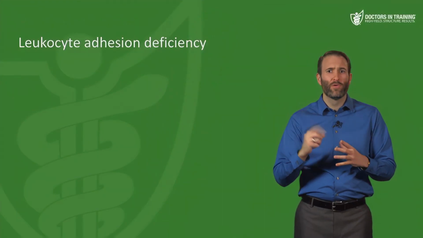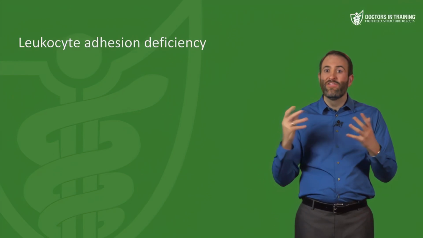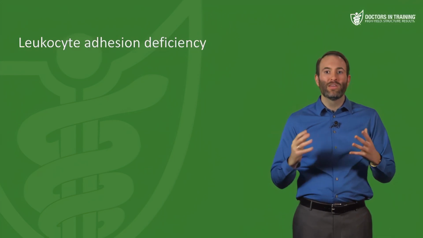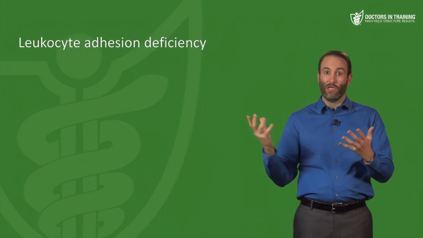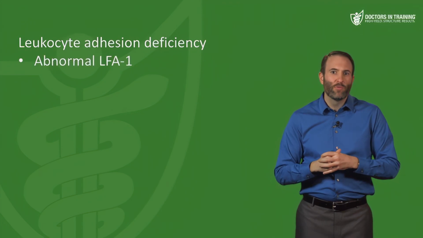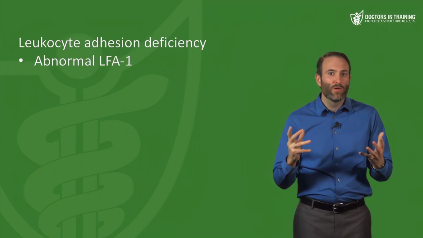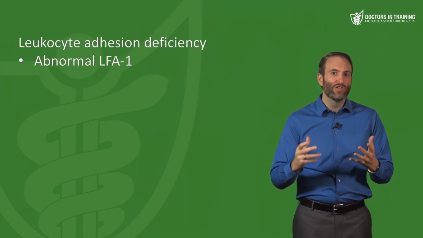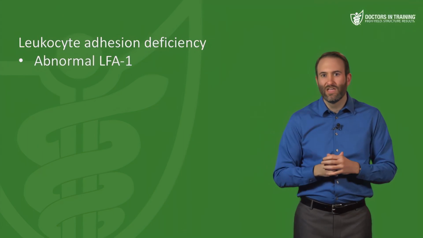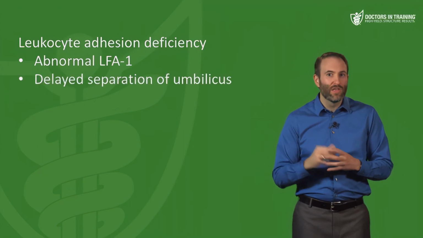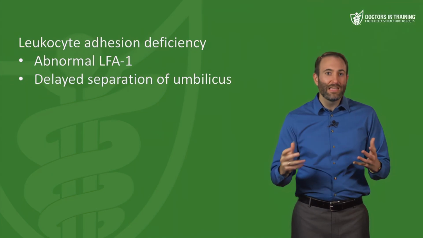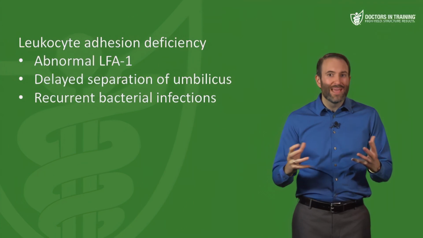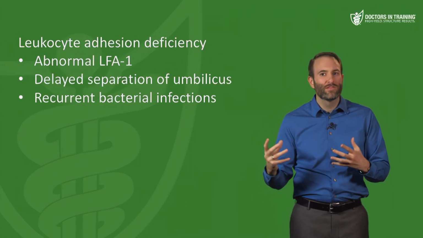Now the last point I'm going to throw in here is that there's an immunodeficiency disorder called leukocyte adhesion deficiency. Now from the name you can probably tell that this is a problem relating to leukocyte adhesion. Specifically, you have abnormal LFA1, so that integrin molecule, and this affects the tight binding step. Now we'll cover this again in immunology, but the classic presentation of leukocyte adhesion deficiency is delayed separation of the umbilicus in newborns, and then again later you get recurrent bacterial infections. And that's because without normal integrins, you can't get leukocytes and macrophages out of the blood vessels